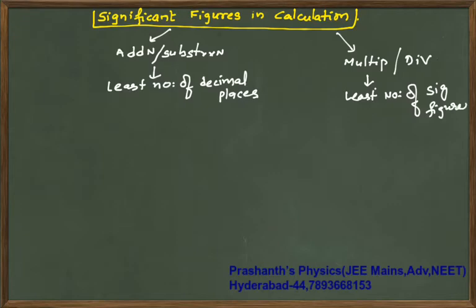Okay, so significant figures, I hope I have given you. In the first video I have explained significant figures. In the second video I have explained rounding off. In the third part, I am giving how to do addition, subtraction and division. So for addition and subtraction we will look at decimal places. For multiplication and division we will look at the least number of significant figures. So keep this in mind. Now one by one we will be seeing. So this is your first part, keep this in mind.